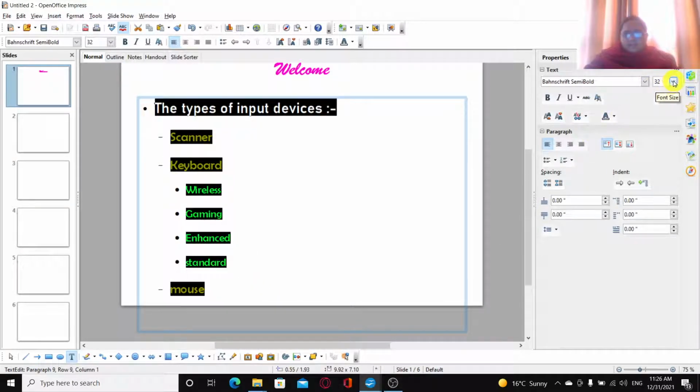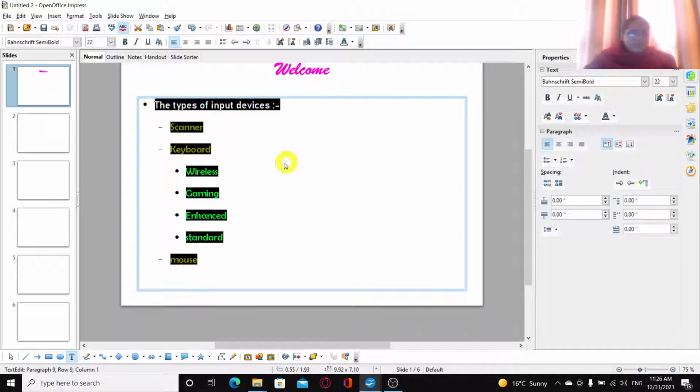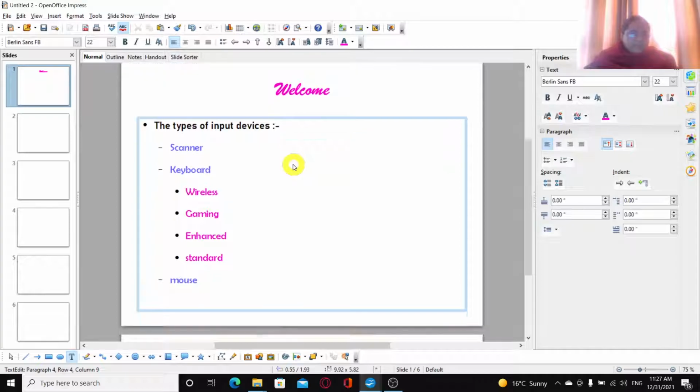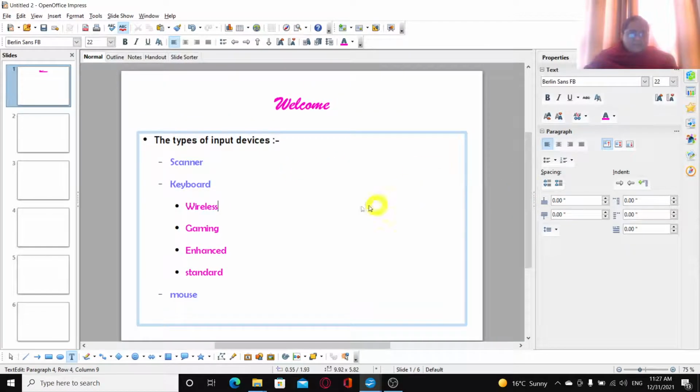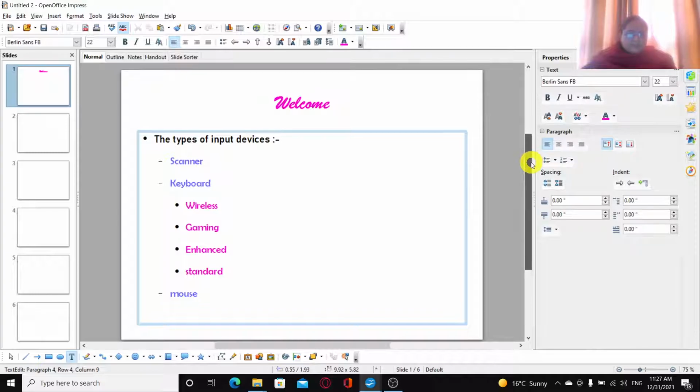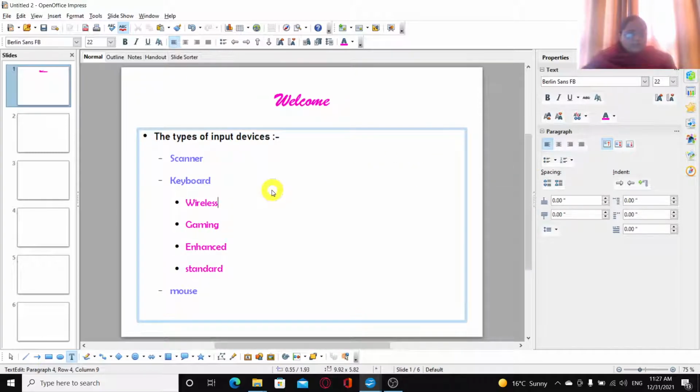Now there are certain drawbacks with OpenOffice that will always be there, because after all it's the free version of a software. It doesn't work as efficiently as Microsoft Office, but still it's quite workable and manageable, so you can still consider it when it comes to free of cost working. So that way it still helps. So now you can see that you are able to manage all the different levels of points from this.